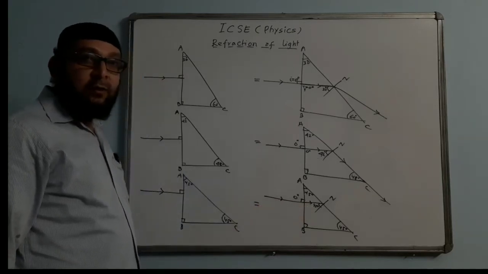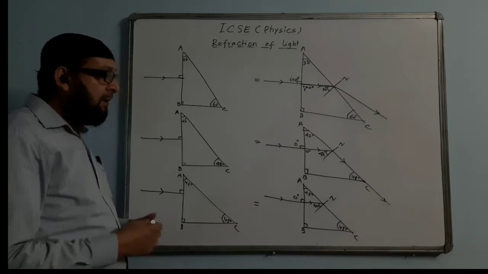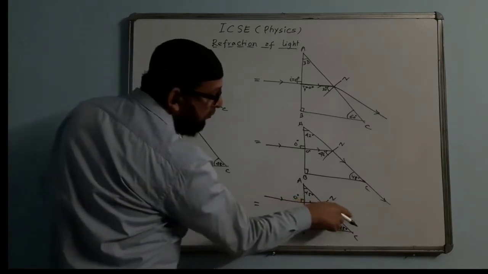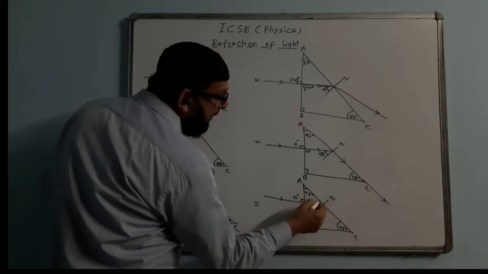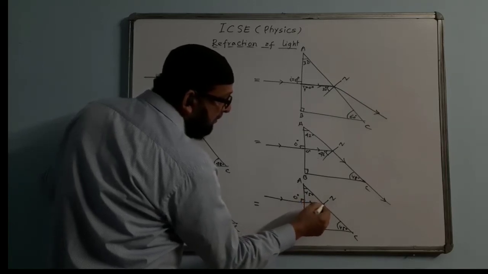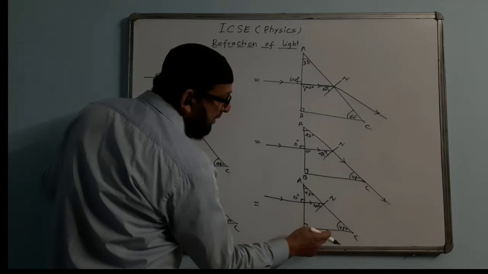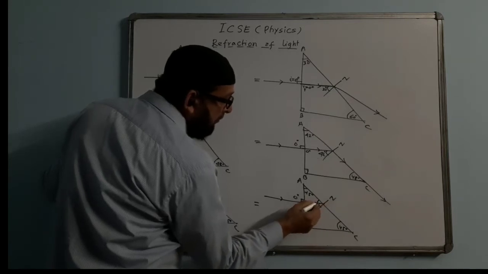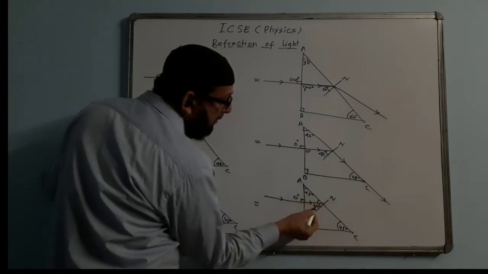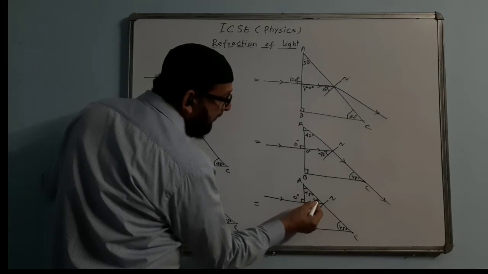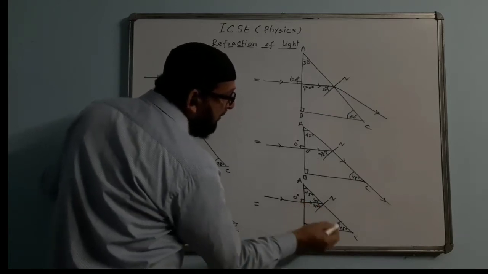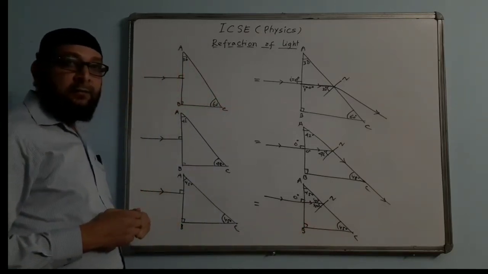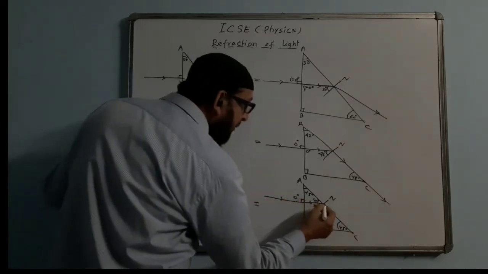That is TIR, total internal reflection, now will take place. That is, this ray is not going to go this side, it will be rather internally reflecting. While reflecting internally, we will check how much angle this ray is going to make with this side. We will calculate this angle. The total angle is 90, this is 45, so this angle will come 45. We will check this angle plus this angle together will be equal to how much? 90. So 180 minus 90 is 90 degree coming out here.